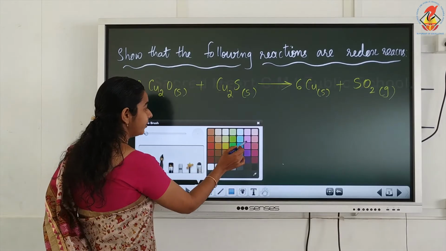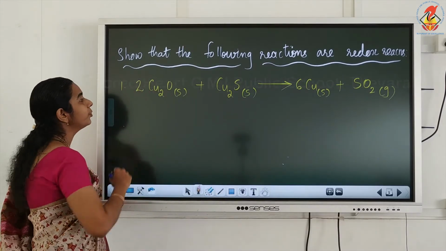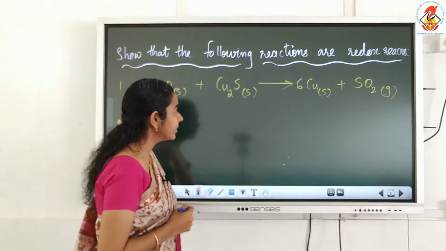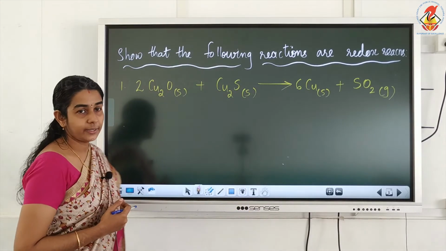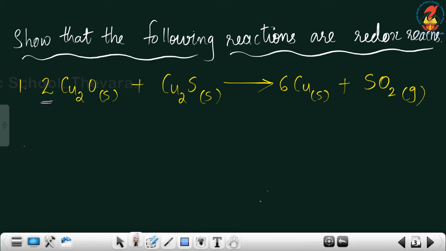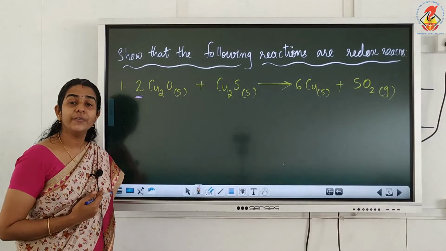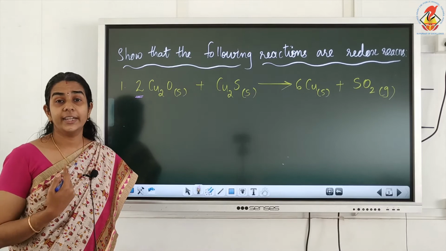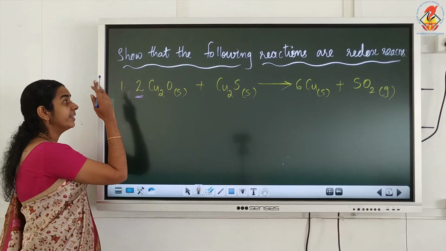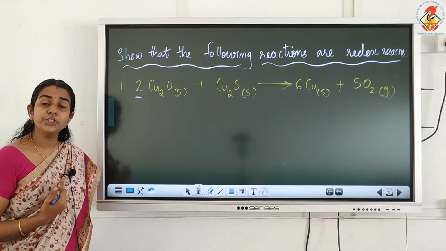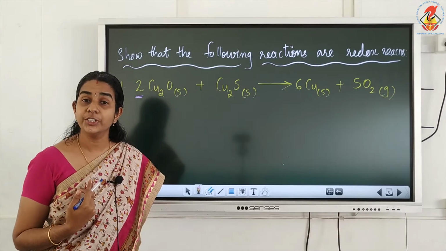Now, see the given equation here. It is 2Cu2O solid plus Cu2S copper sulfide solid giving 6Cu solid plus SO2 gas. Now, what are these numbers known as, the 2 which is written on the left hand side along with the formula? These numbers that we write on the left hand side along with the formula are known as stoichiometric coefficients. And there is no significance for these stoichiometric coefficients when we assign the oxidation number or